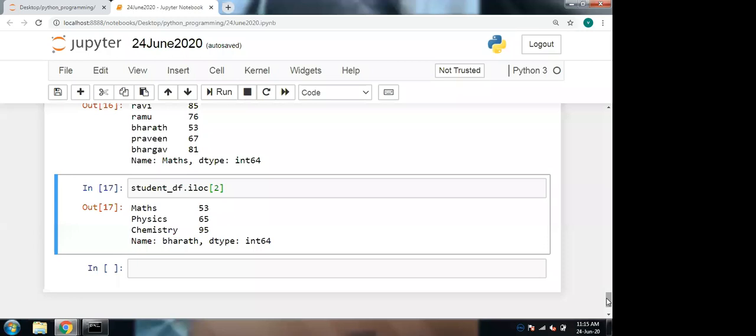Sir, in some cases, by using index positions, the analysis is not going to work out. Suppose we have income data of some states in some particular years, and the requirement is to find the name of the state with the highest income in a particular year. In that kind of case, you definitely have to give the index as the names of the states. Then only will we be able to get it easily. Okay, sir.